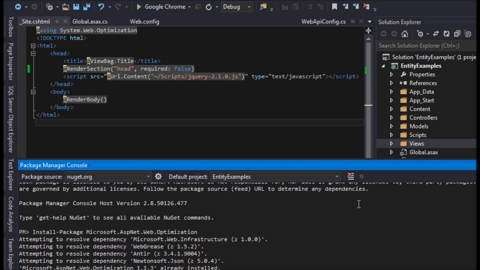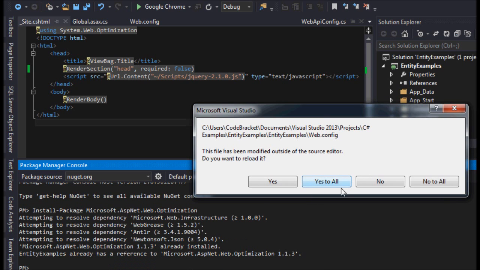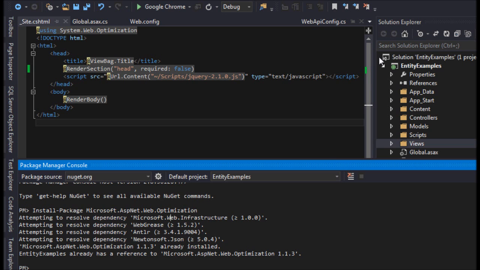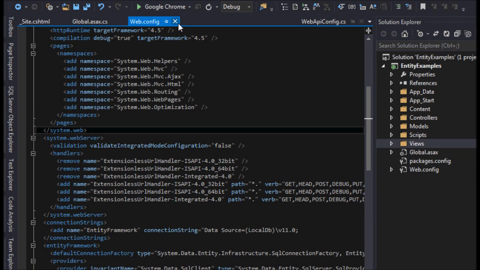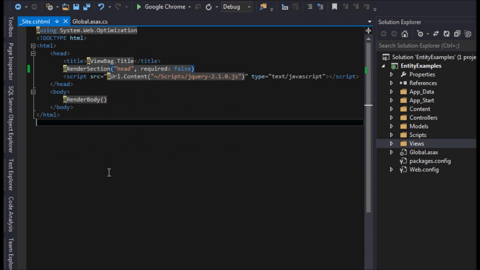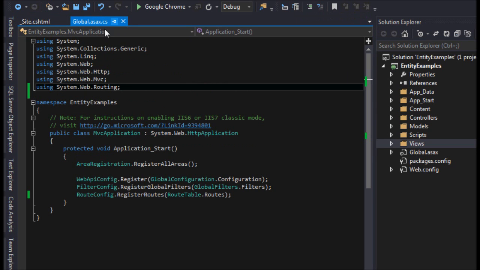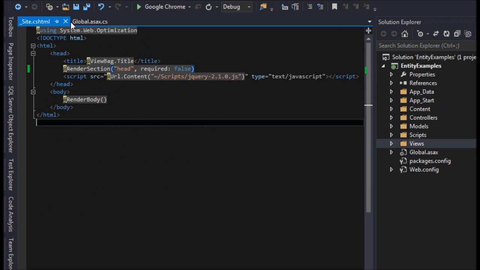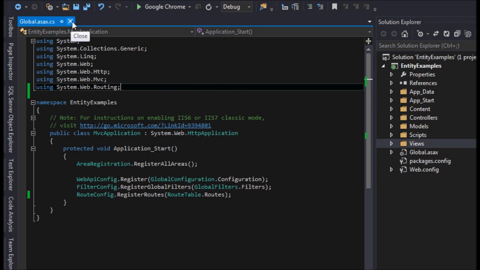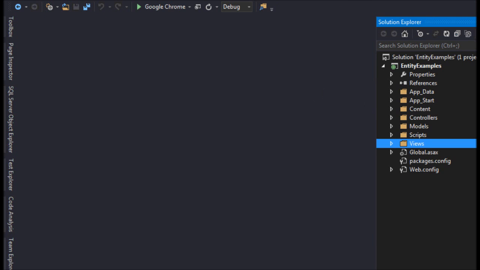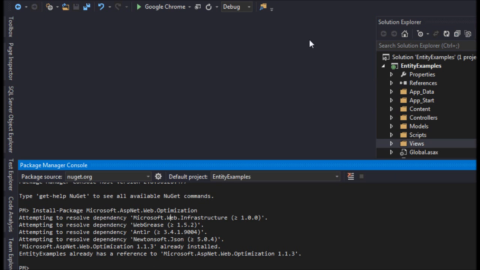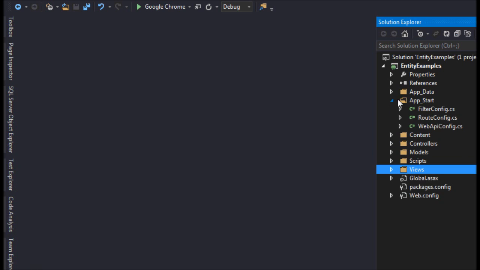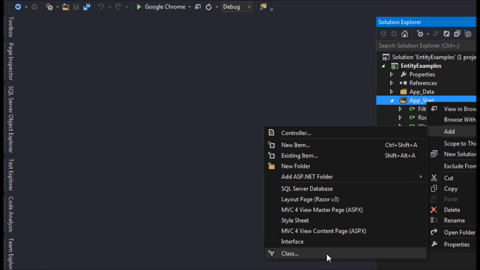Okay, so it finally completed here, and it's made some changes to my web config file, so it's just asking about that. I'm going to go ahead, and we have our global ASAX here. Close out this right now, close out this. So now that it's successfully installed, first we need to go to our App_Start here, and we need to add a new class,